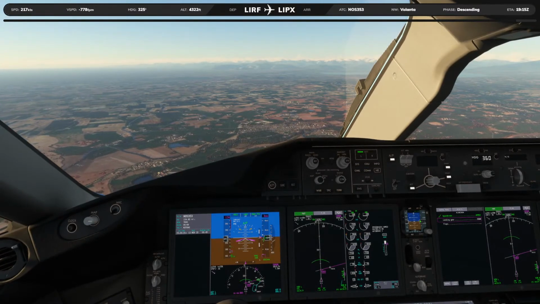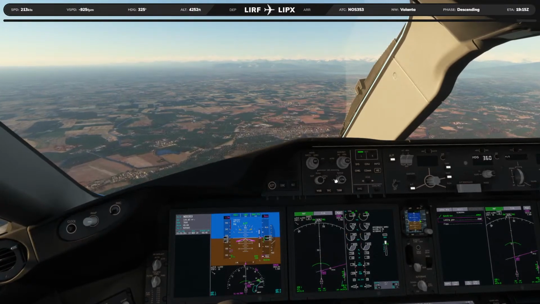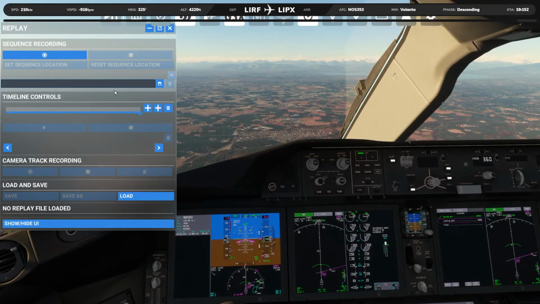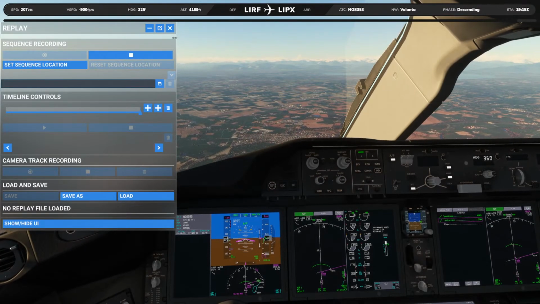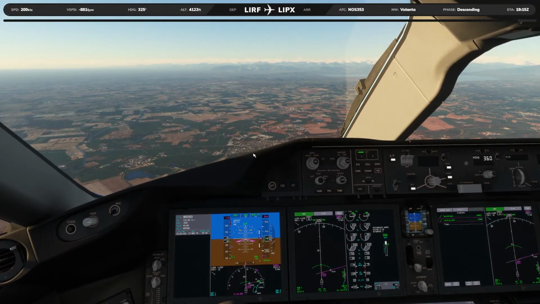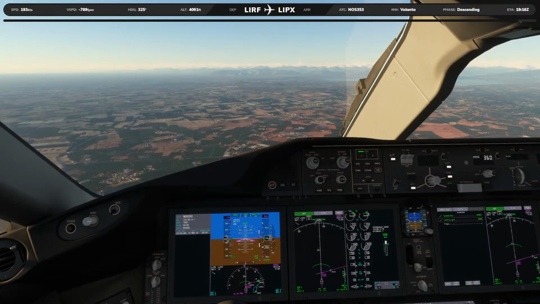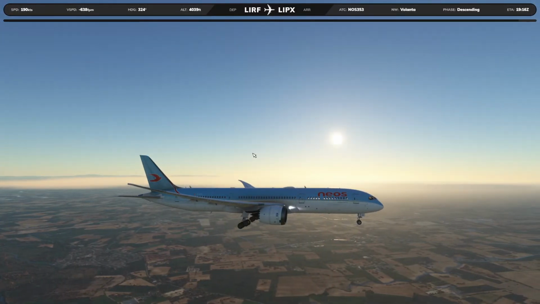Right, landing gear is coming down. And we are going to come here and we're going to select record. Looking good. Look at that.